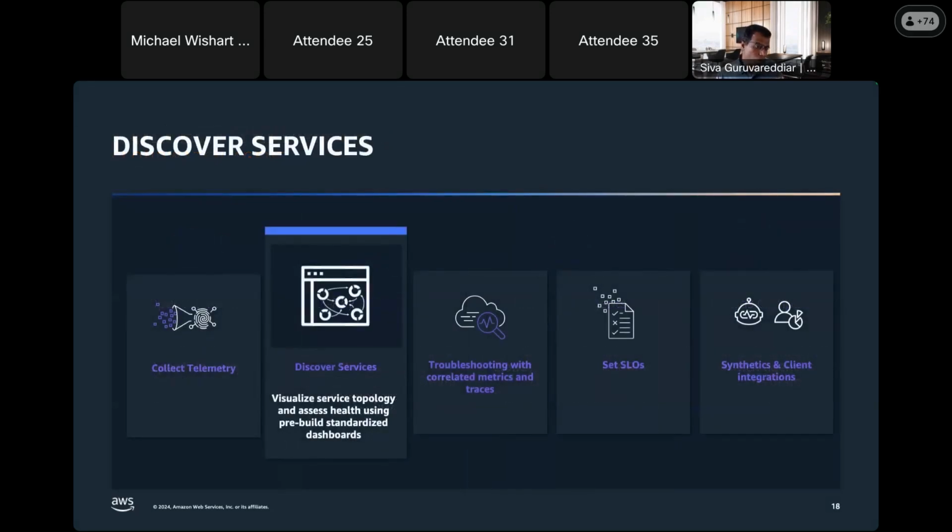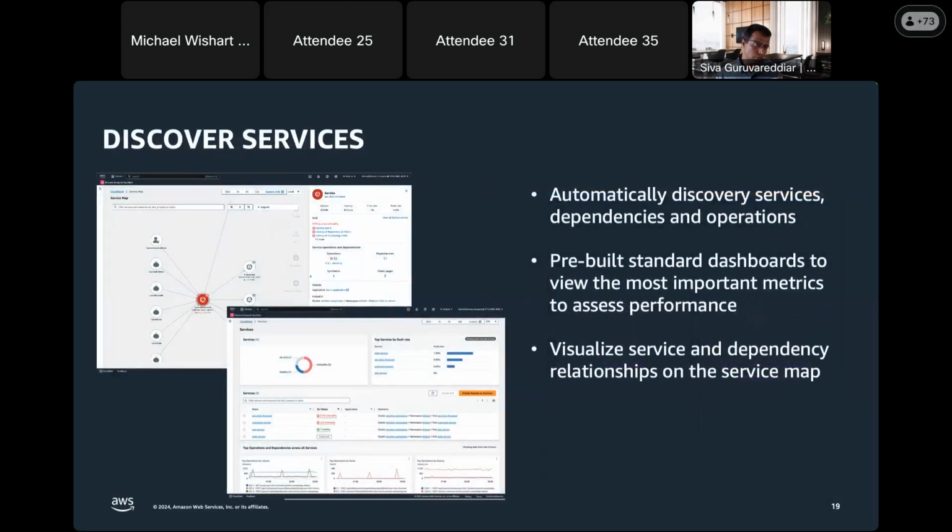So the second one is you can discover the services. So you are running a Java application, and you just enable the application signals for it running in your EKS infrastructure. Once you come to the dashboard, without doing any kind of undifferentiated heavy lifting, you will know what the different services running are, how many endpoints there are, and moreover how the dependent services are running.